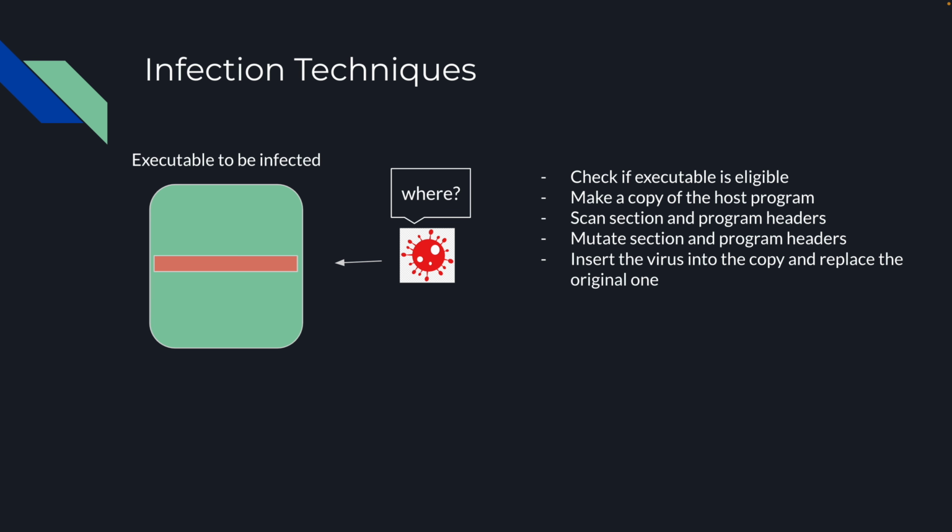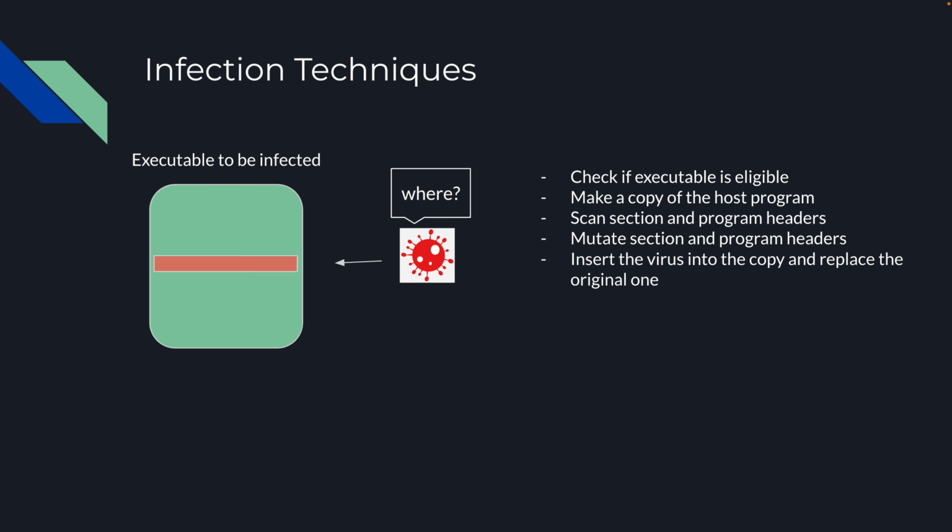If an executable is eligible for infection, we make a copy of it, which will replace the original once all modifications are done. Next, we scan the file for its section and program headers, parsing them to find a suitable place for our virus. If the infection algorithm finds an appropriate spot, the section and program headers will be updated